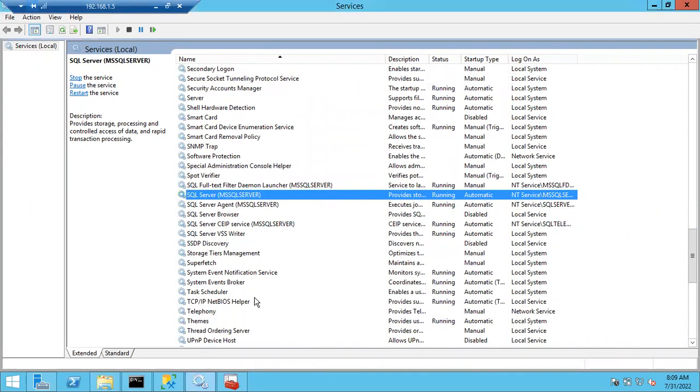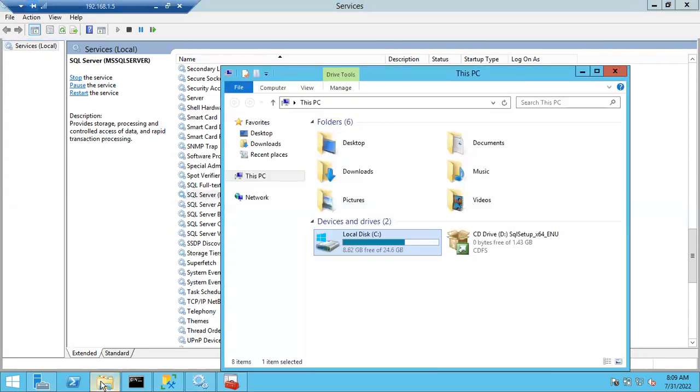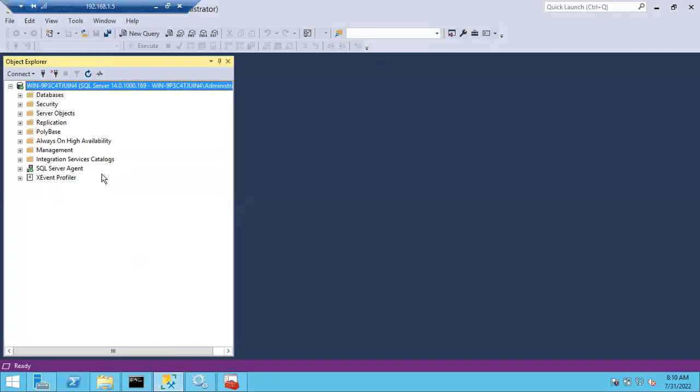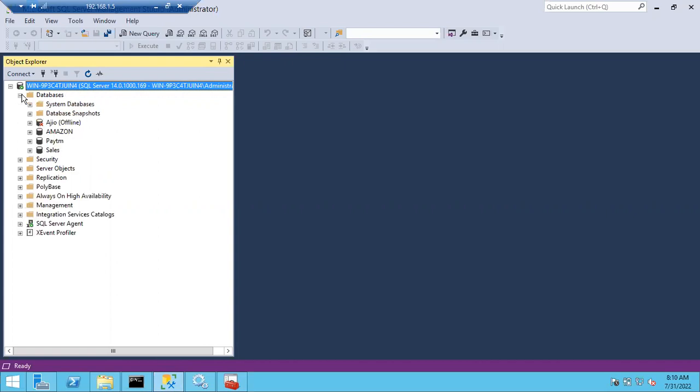So you have to check the free space in the C drive, guys. That is also very important. Okay, so the next thing is connect to the SQL server. What you have to do is check how many databases are online, how many of them are offline. It's very important, guys. This is very important. Why? Because